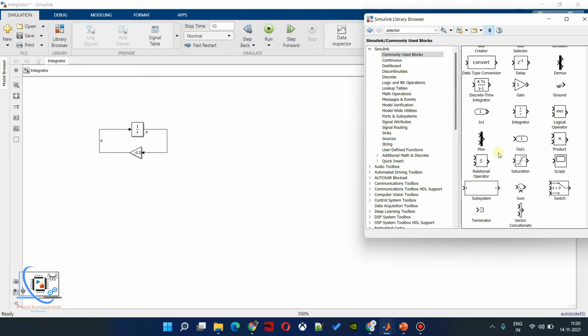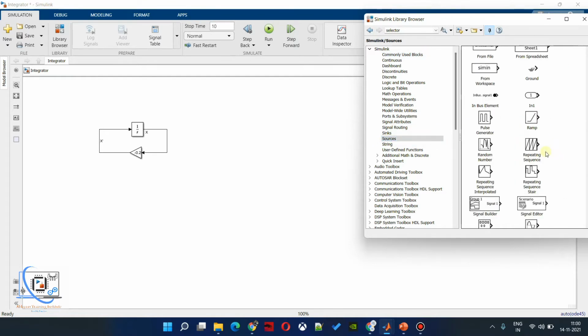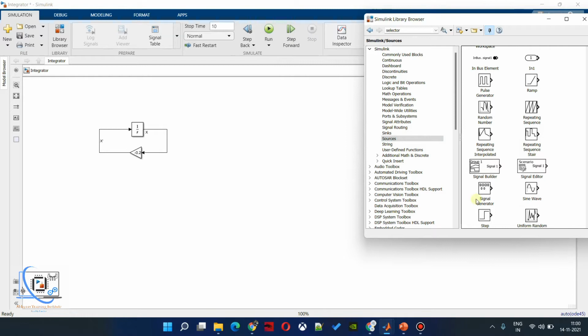Here you can see we don't have the signal generator, so we will go to sources. We know about it, so I will get a signal generator. This is our signal generator. We need two signal generators, so we will keep two over here.